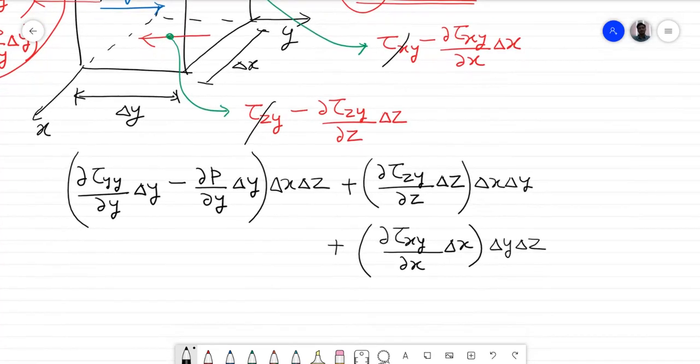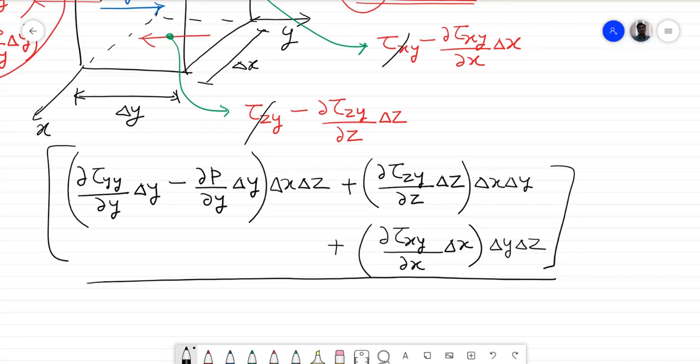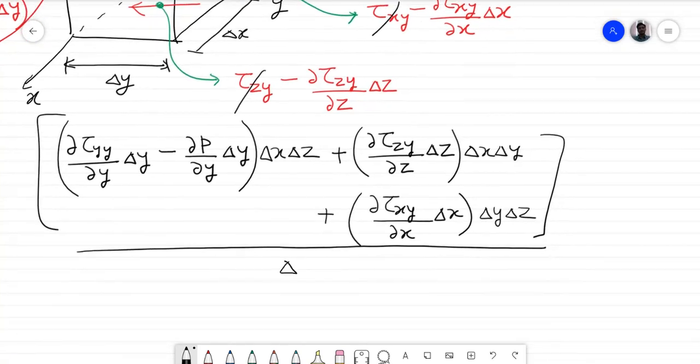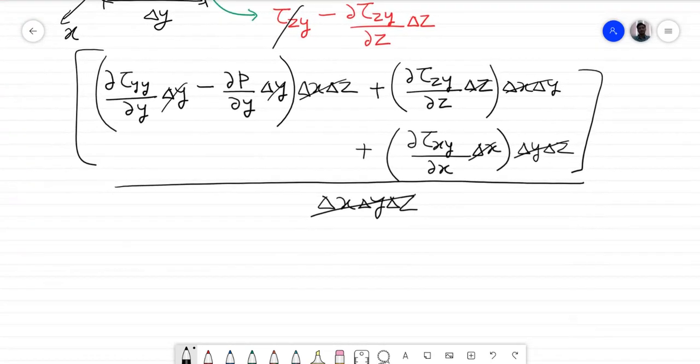Okay, so these are additions of all the forces, and now we have to divide the entire thing by the volume of the element to get force per unit volume, which is delta x, delta y, delta z. Now we can see that delta y, delta x, delta z is common in numerator and denominator, and it will cancel out. So if we see the left hand side of the momentum balance equation, we will be left with, for the y direction,